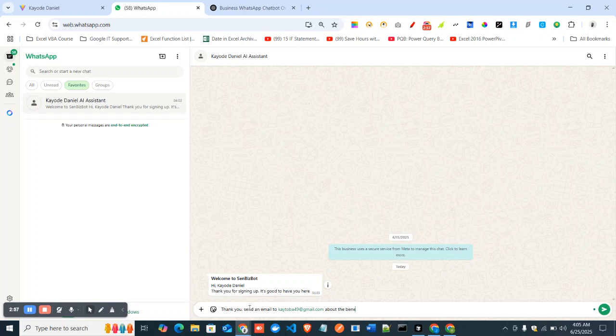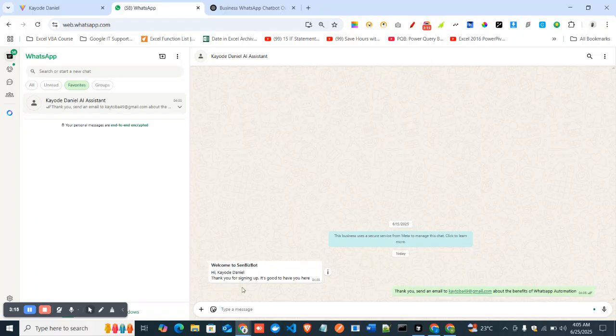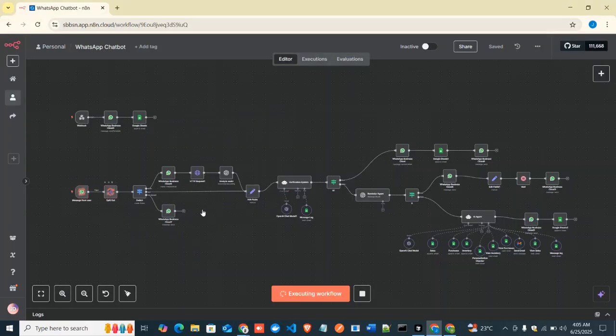So with your WhatsApp, you could tell it to send an email. With your WhatsApp, you could tell it to update your inventory list. So let's see this in action first. Once I trigger this, okay, then I go back to WhatsApp and say, thank you. Send an email to Peterborough49 at gmail.com